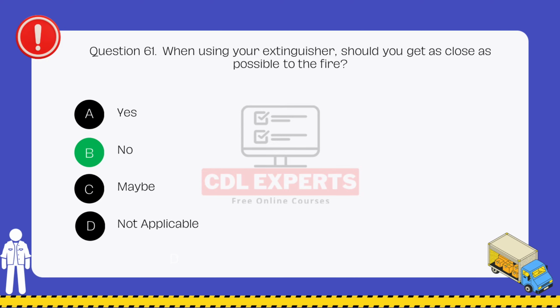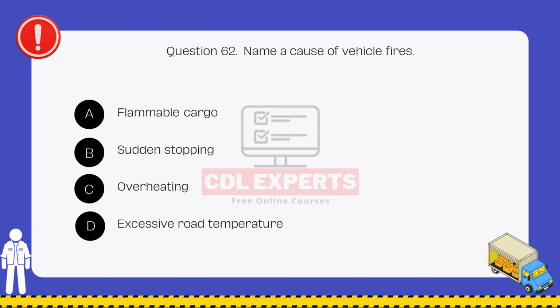The correct option is B. Name a cause of vehicle fires. Flammable cargo, sudden stopping, overheating, excessive road temperature,